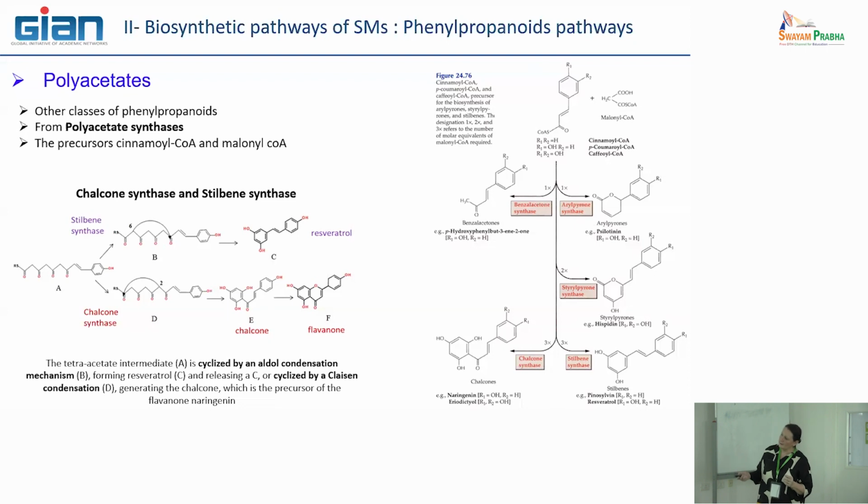But the precursor here is a polyacetylated precursor. So it means that before, it's very interesting to see how this type of intermediate is produced. And it is one of the most interesting parts of the pathway, because it's also a way to increase this type of precursor in the cells